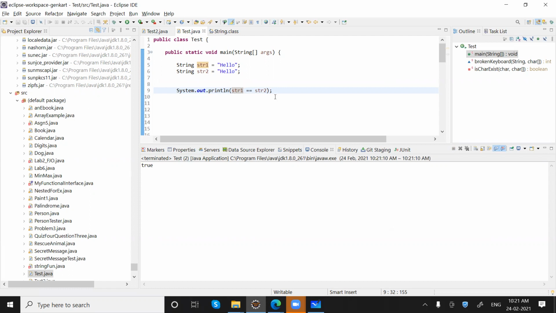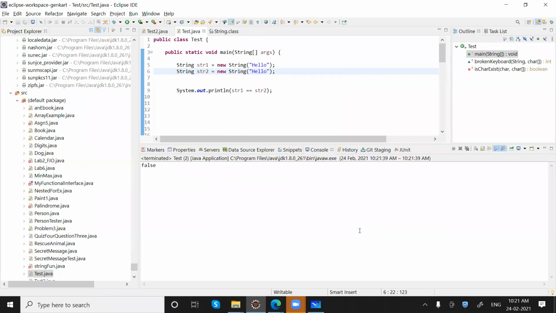Okay, but what if we are creating these strings using the new keyword? That should be like String str = new String. Both strings have the same data, and if I say